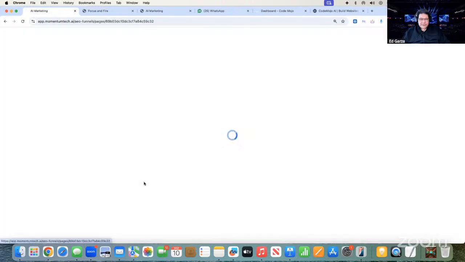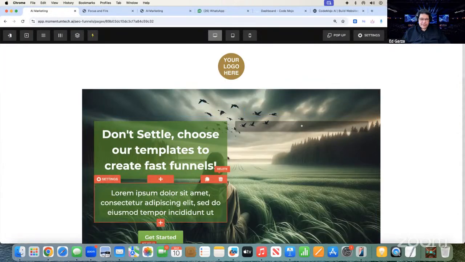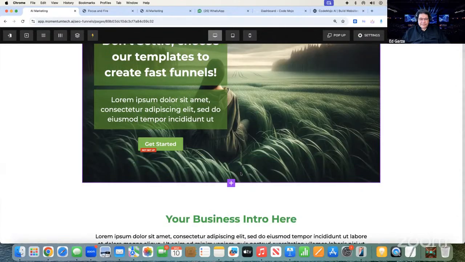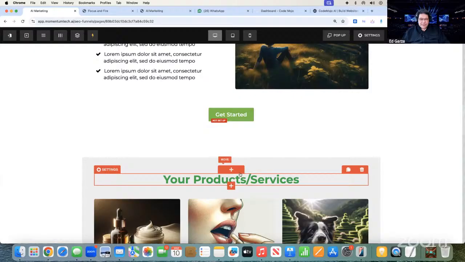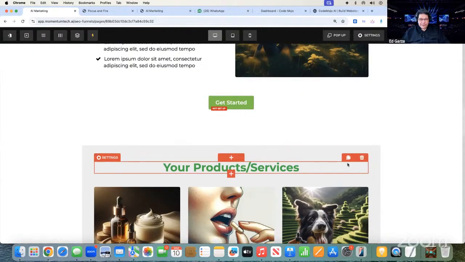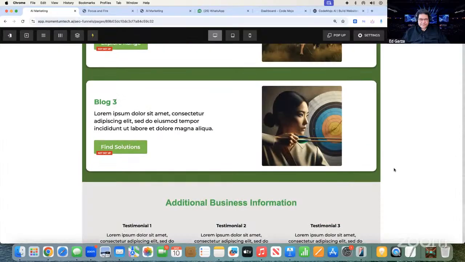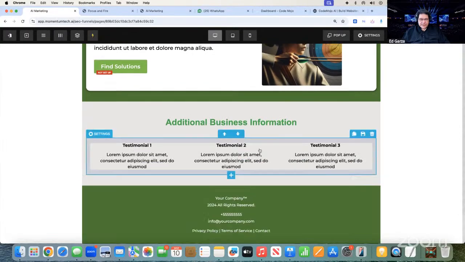See, so I can start building this. Put my logo, a beautiful background, a little bit of information about who I am, the products that I want to offer, if I want to offer any products. So you can just change whatever you want here.